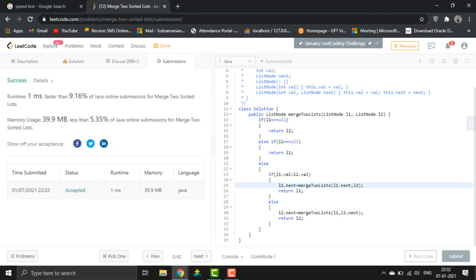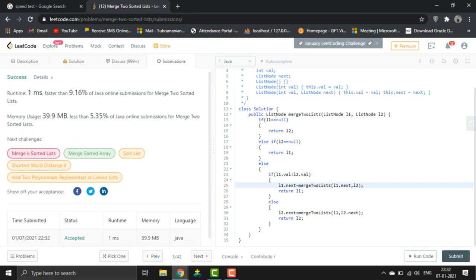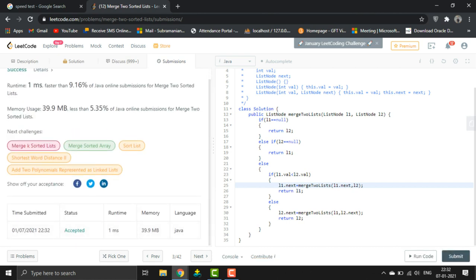Okay, not bad. It took 1 millisecond and 39.9 MB, right?